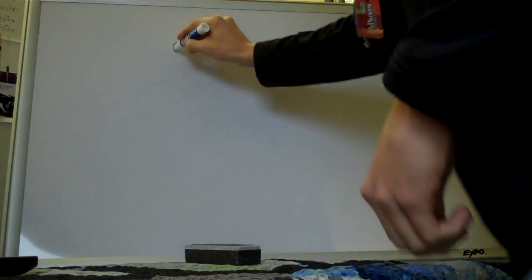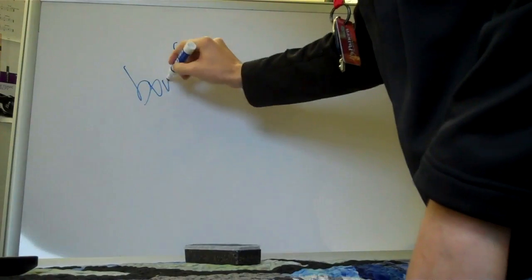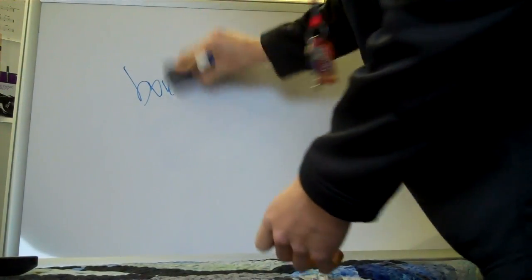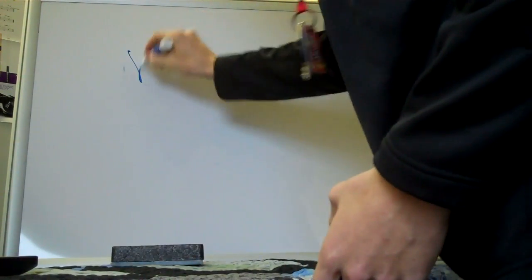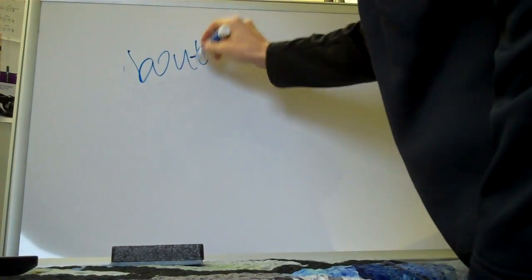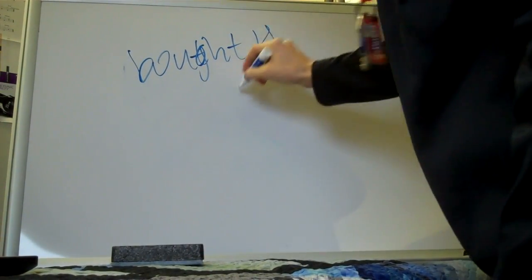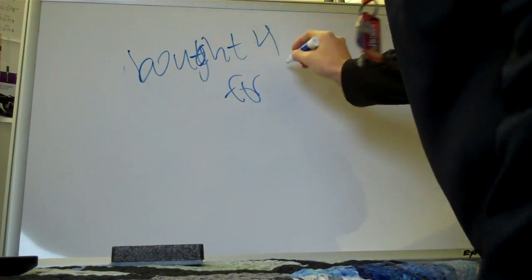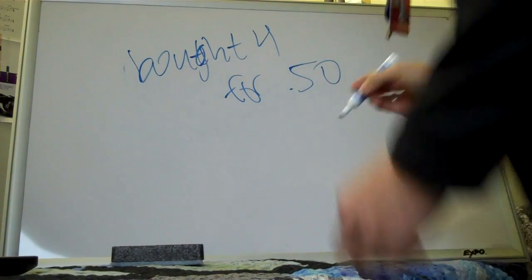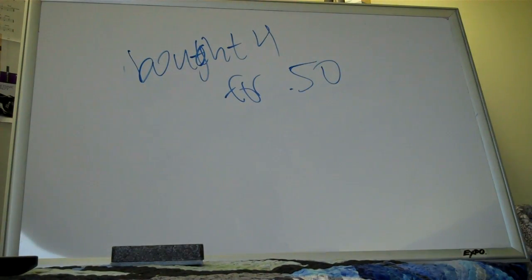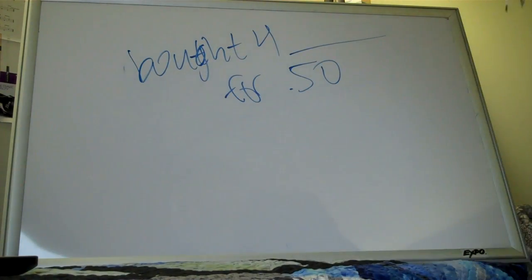He says, bought for 50 cents. Now that doesn't make sense to me, because for what? There's got to be something. Is it books? Is it CDs? Whatever it is. Now, since you look at the next thing somebody bought,